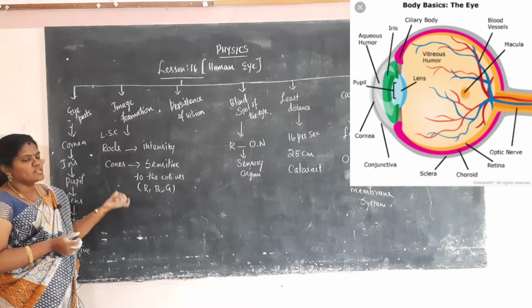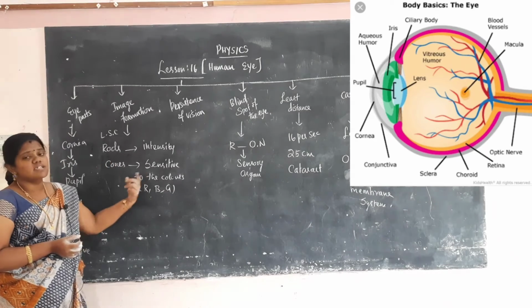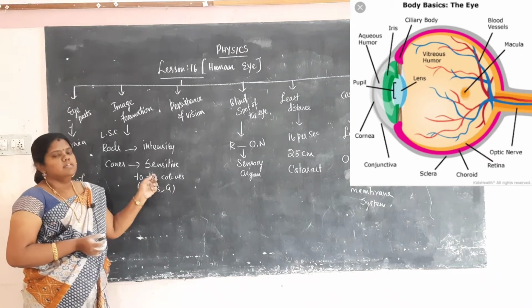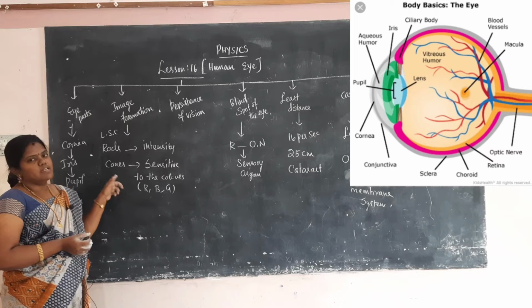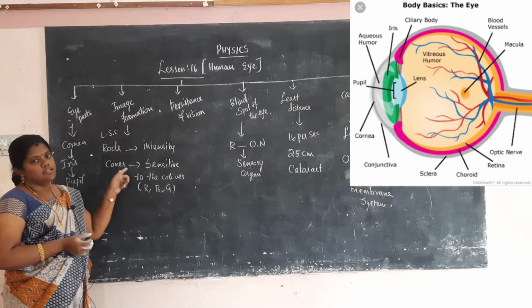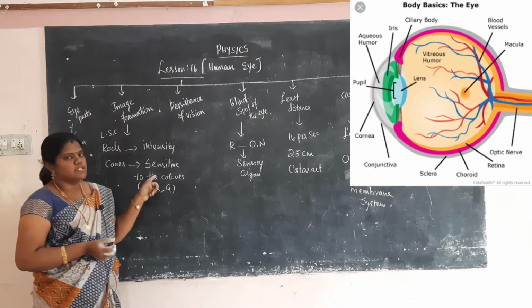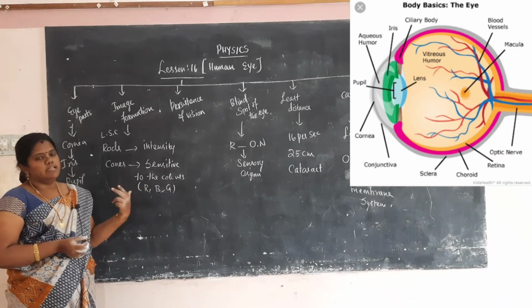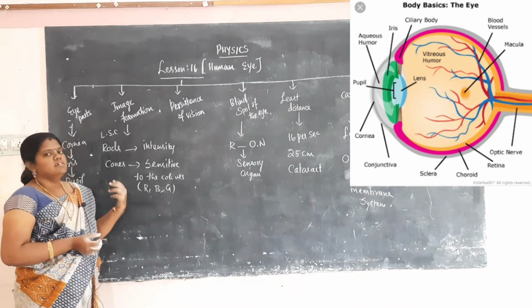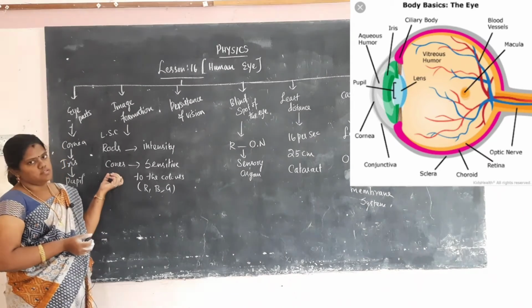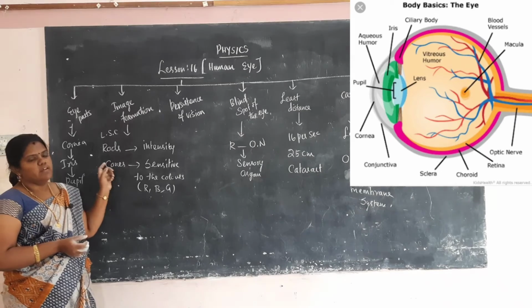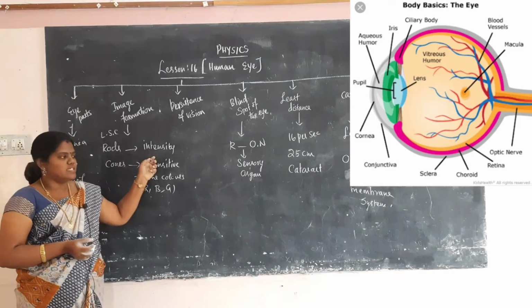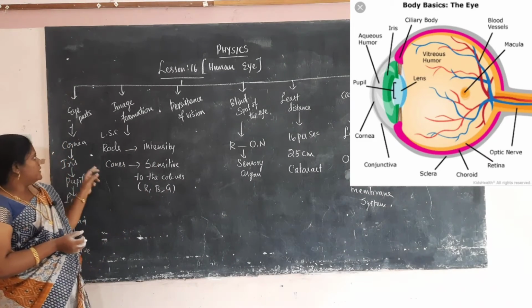And cones are also light sensitive cells, responding to the colors of the light. The cones have three colors, red, blue and green. Cones are responsible for viewing colored images. The colors of the light entering the eye are easily identified using the cones. So rods and cones are very light sensitive cells used to view light with respect to intensity and with respect to colors.